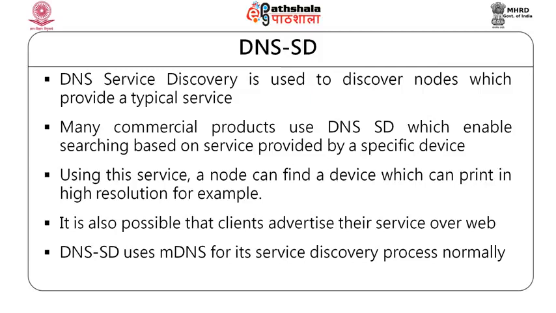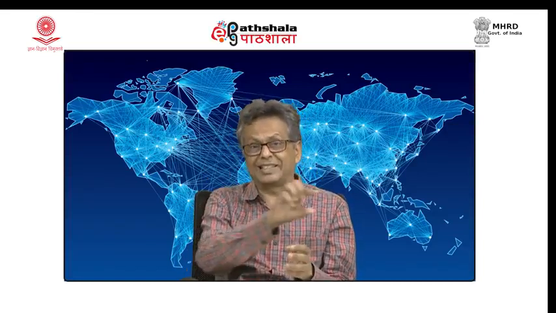The other one is called DNS service discovery. Now, most of the IoT devices, it is very hard to configure their IP addresses. So, that is the first problem. And when IoT devices are embedded in a washing machine, if the washing machine pops up asking to insert the IP address, probably my wife would say that I do not want this washing machine, change it, kind of. So, you probably understand that a normal home user, if they get such messages, will not like looking at those messages and configuring those IP addresses. It is better that the devices do it themselves, and we have seen that they configure themselves.